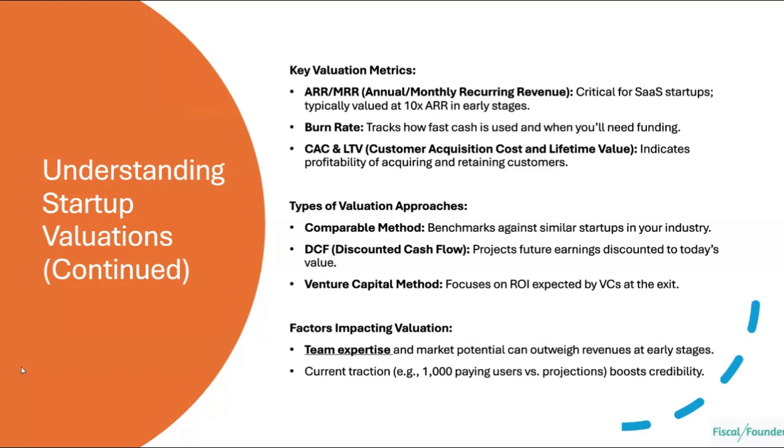So for example, today your CAC, let's say, is some crazy number. Let's say it's $10,000 or something. In 3 months, you bring it down to $5,000. In another 3 months, you bring it down to $1,000. That's an amazing story when you go and raise money. Look, this is how efficient we're getting. We're getting better at controlling our expenses, refining our process, where we know how we can target customers and get them and spend less.